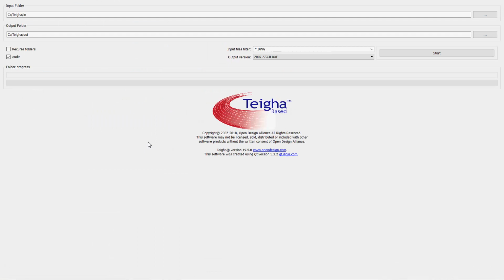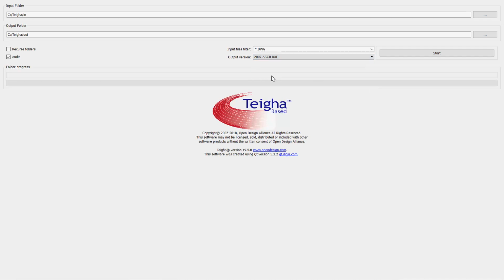file. Well, here we are in the Teigha converter, and if you look up top left, there's the incoming folder and the output folder. We're going to convert a DWG file, and I'm going to convert that into a relatively early version of a DXF file, an ASCII DXF file. You can use other formats, binary DXF and so on, of different years, so this is going to take the very latest AutoCAD version, and